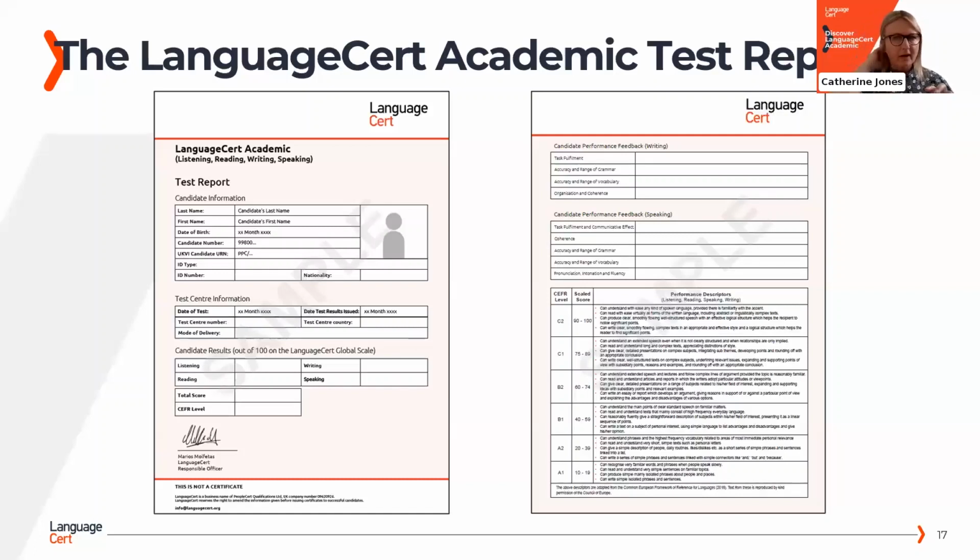So if you take the CEFR as the international standard, then you can make these comparisons, which we'll see on the next slide with IELTS, with other tests used for study and migration, which is really important. CEFR levels are huge. They're big chunks of language learning. The advantage of a 0 to 100 global scale is that you get a finer granularity. So you can see where a learner is in each of the skills in relation to that huge chunk of